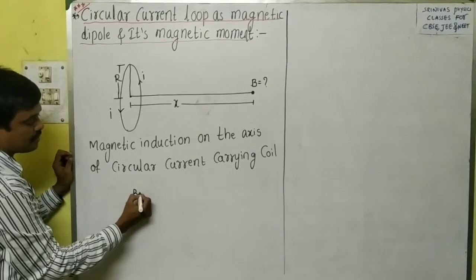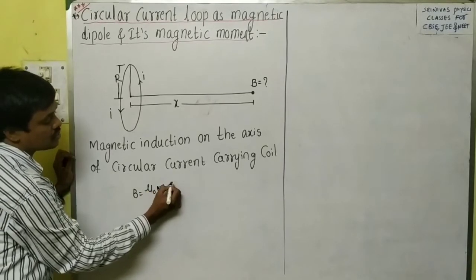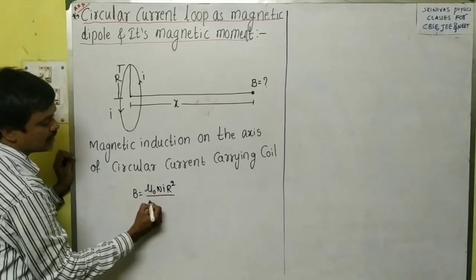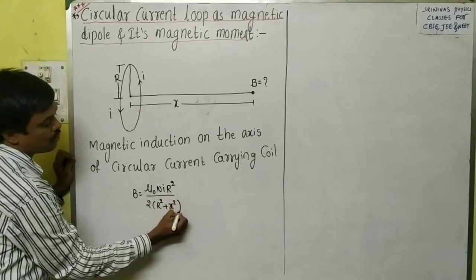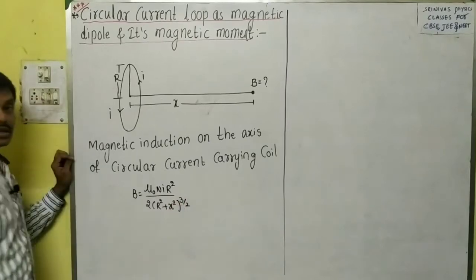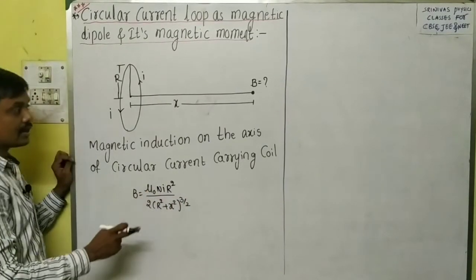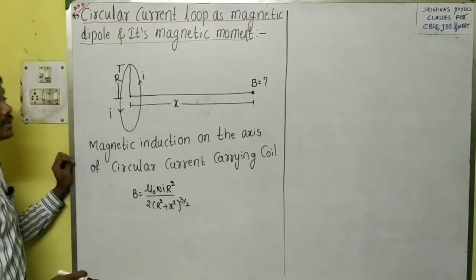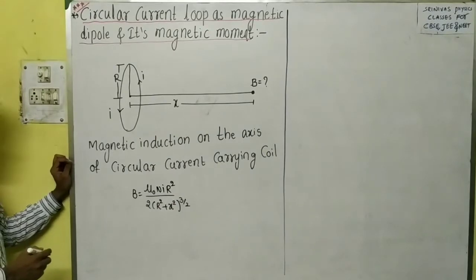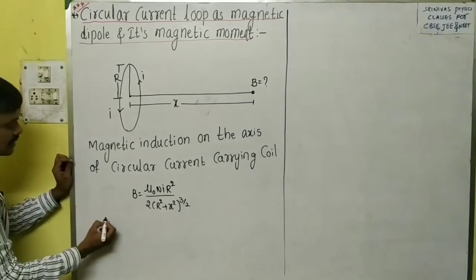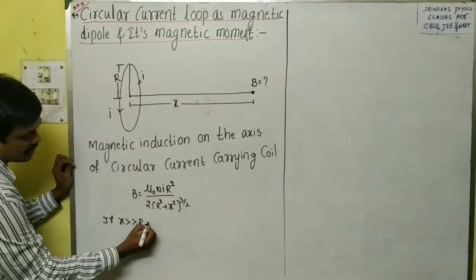The formula for B is mu naught N I R square by 2 times (R square plus x square) whole power 3 by 2. This is the formula, we know already. Where N is the number of turns, I is the current, R is the radius, and x is the distance on the axis where you are finding the magnetic induction. And here I am taking that if x is greater than capital R,